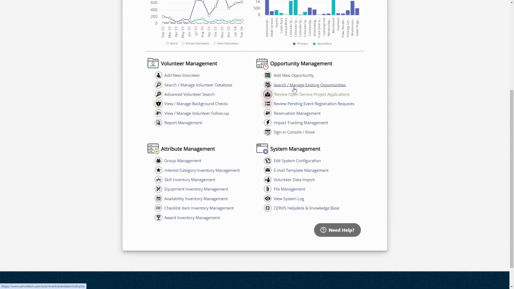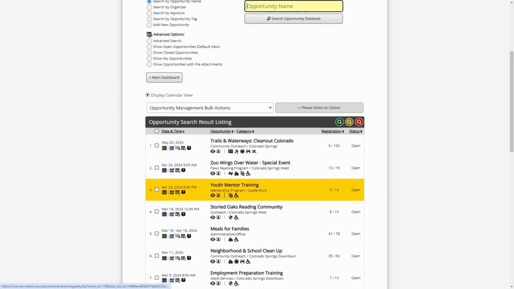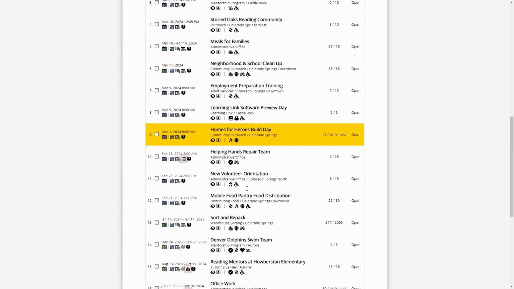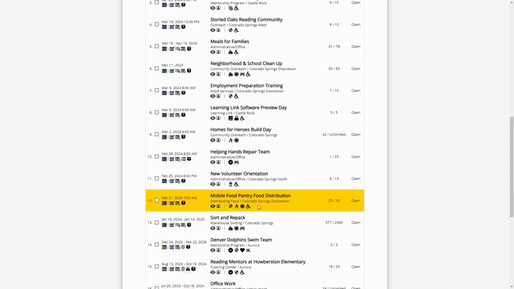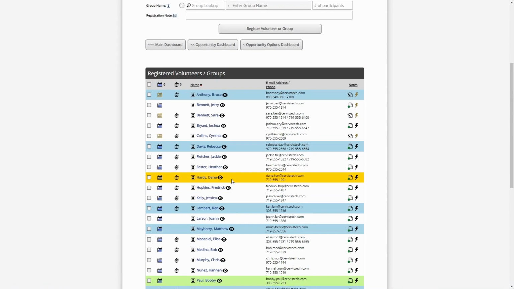So if we look in the opportunity management side of the system, if we go into search and manage existing opportunities, on this page, you can go in obviously to manage any of your events. If you are using the sign-in console for a specific opportunity, so like we used that for an event this morning, and if we go and look at that event here, if I go to view the registered volunteers, you can see on this page, kind of at a glance, who has signed in, who hasn't signed in,